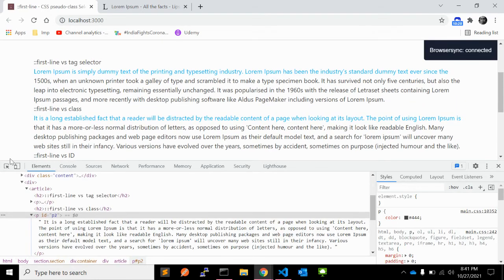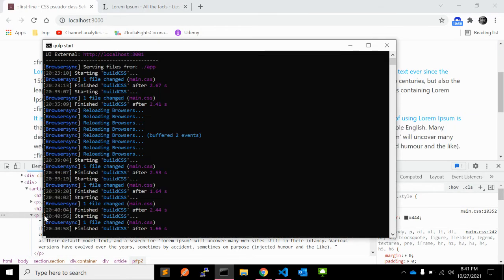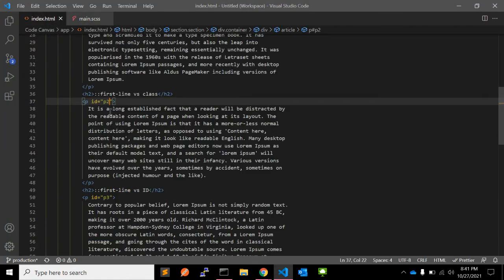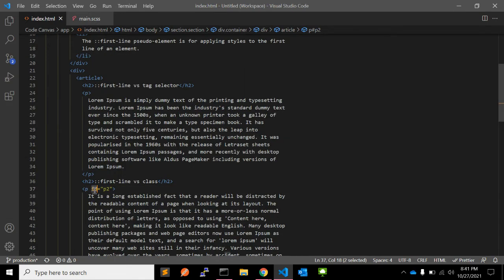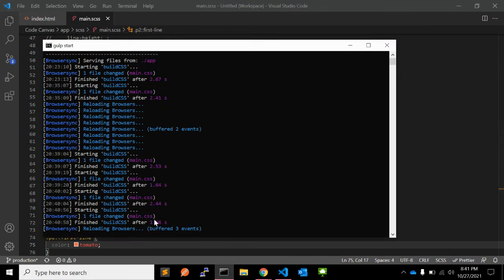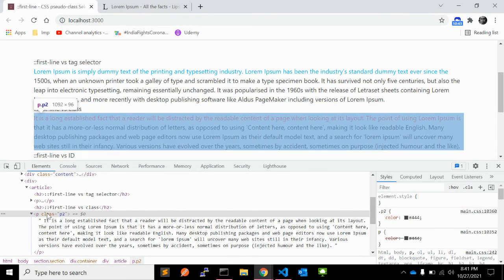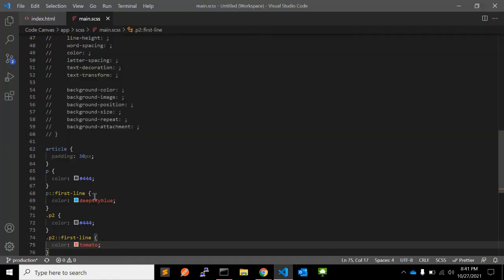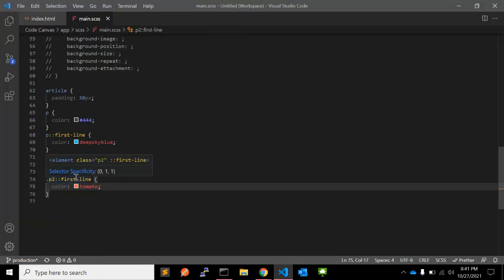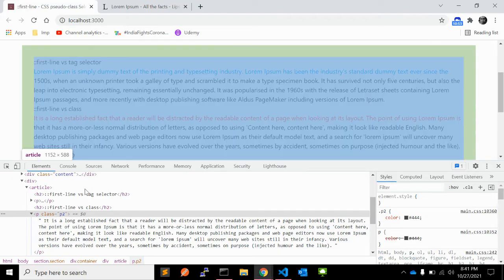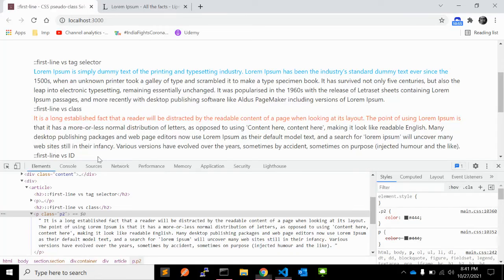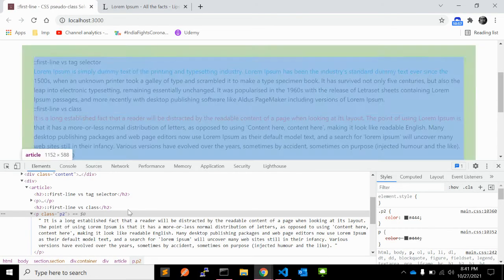I think I have to give it a class here. Yes, it should be a class because it is an example of a class. As you can see, the class p2 with first line selector will apply the tomato color and it will override this CSS.